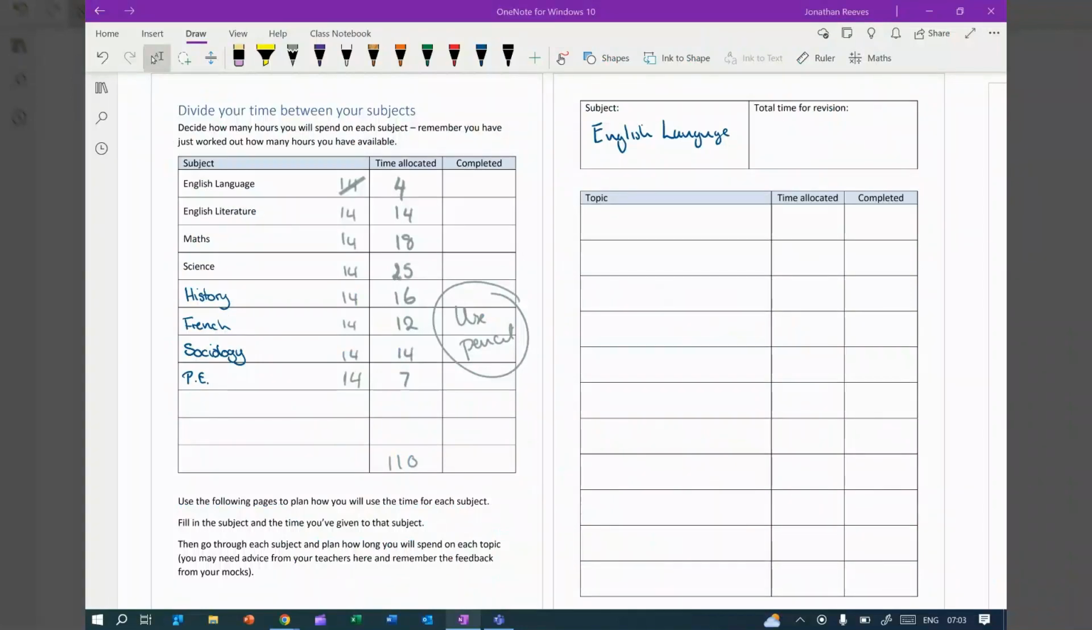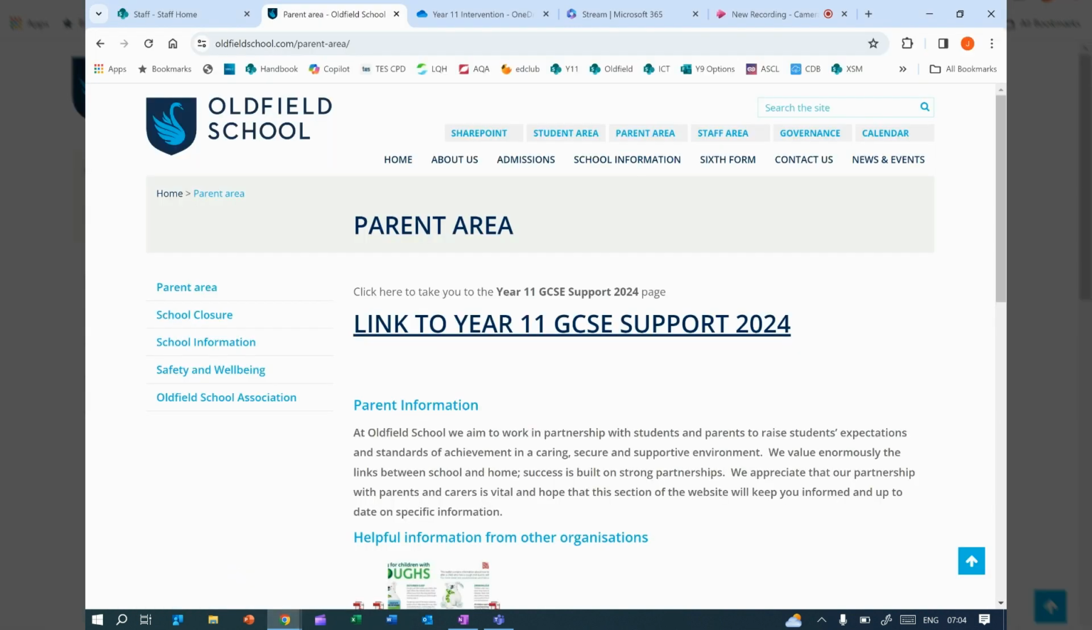Okay, last section now of your revision guide, building your revision timetable. And we're going to try and just go a little bit into each subject and see what you're going to revise. Before I do that, I just want to show you on the school website,